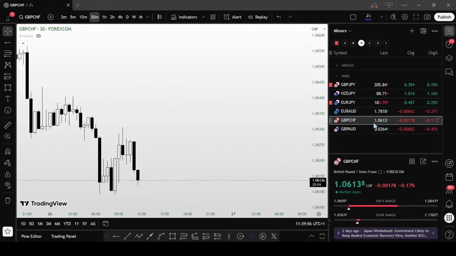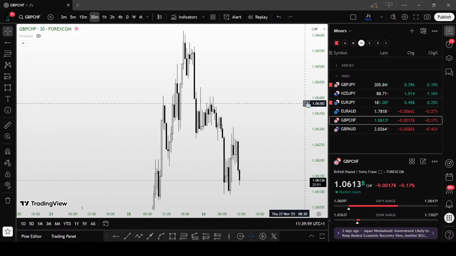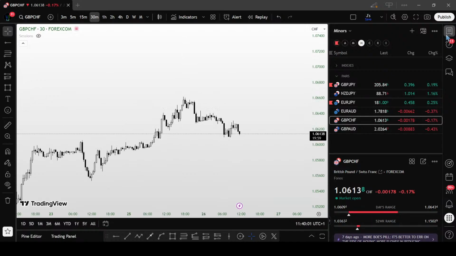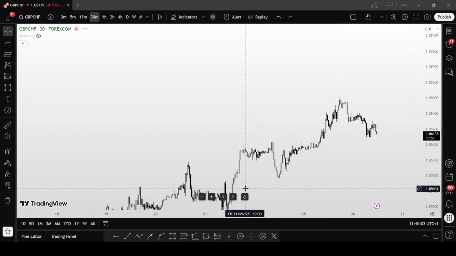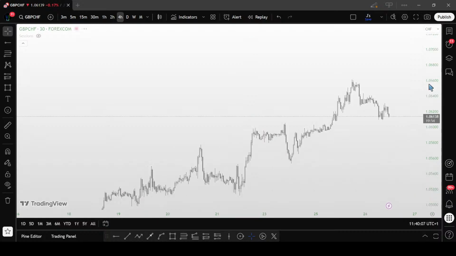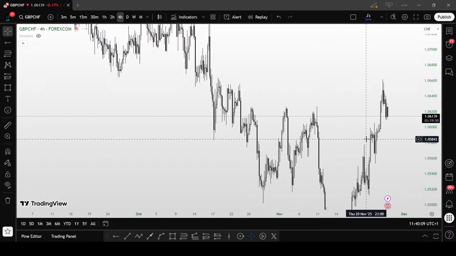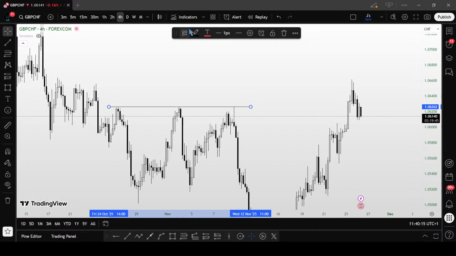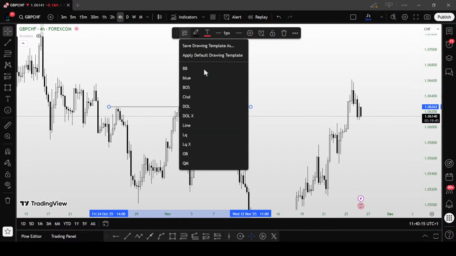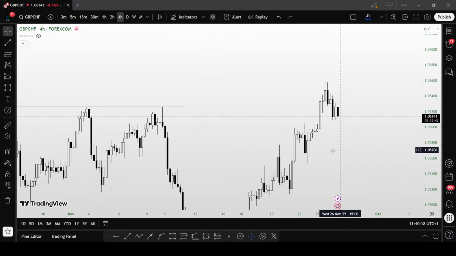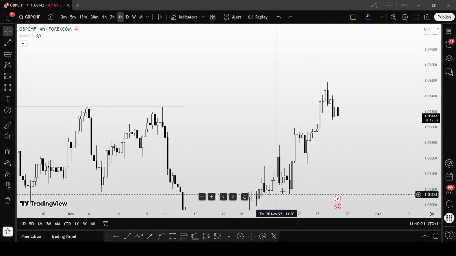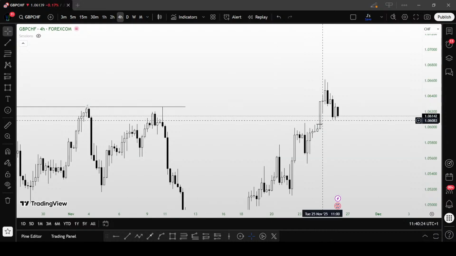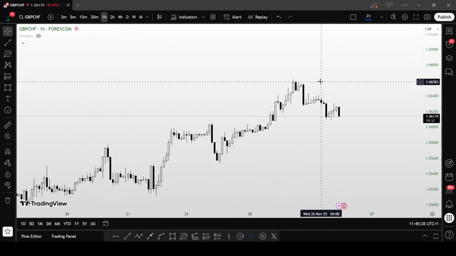It's been a while since I checked this pair. I think I had an analysis on it the other day, and yes, I did, and it refused to touch my fair value gap. Yes, I remember now. Very vivid. So in that day we had a bunch of equal highs, so there was a lot of liquidity resting above here, and I talked about how we had a setup there to take price up there. And this pair decided to snub me.